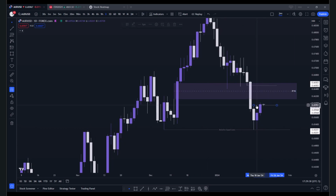an inversion fair value gap, because at some point in the past I wanted to see if there was a possibility that we could use this area, this CB, as support for higher prices, but we never did come back to it. And now that we've broken below it, we could see it act as a resistance to push lower